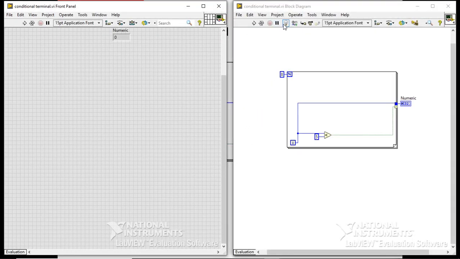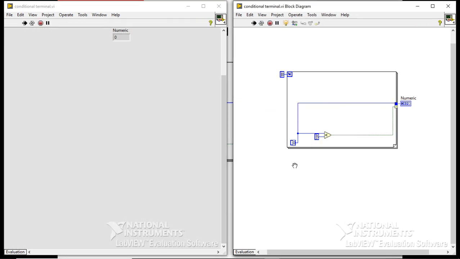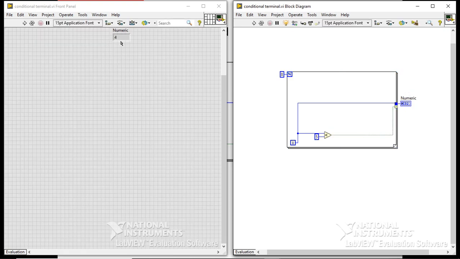Okay, let's go with the hands-on. I will press the highlight execution, then you can understand it. The loop is executing 8 times, from 0 to 7. All the true values: only 0 to 4 less than 5 is true. When it goes beyond 5, it becomes false. Even 6 less than 5 is false. Every iteration provides it. Okay, all the execution is over, and finally it is reporting 4. The reason is that 4 less than 5 is the last true iteration, so that's why we are getting it.